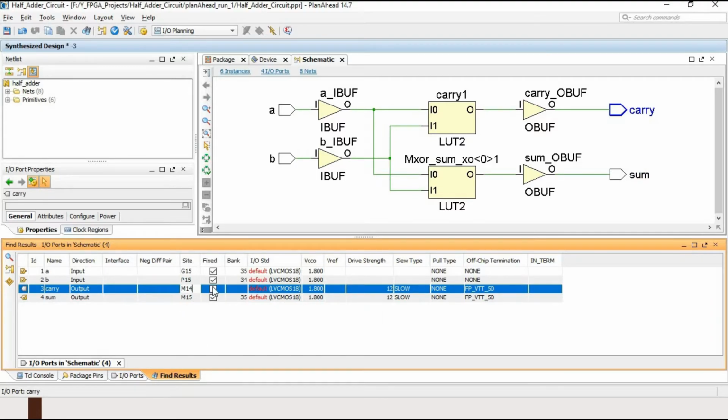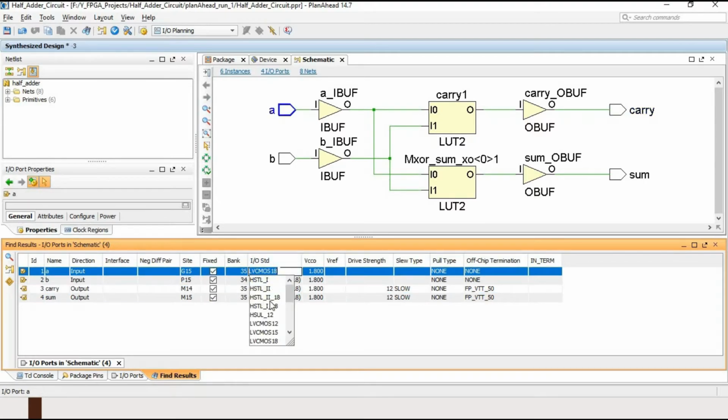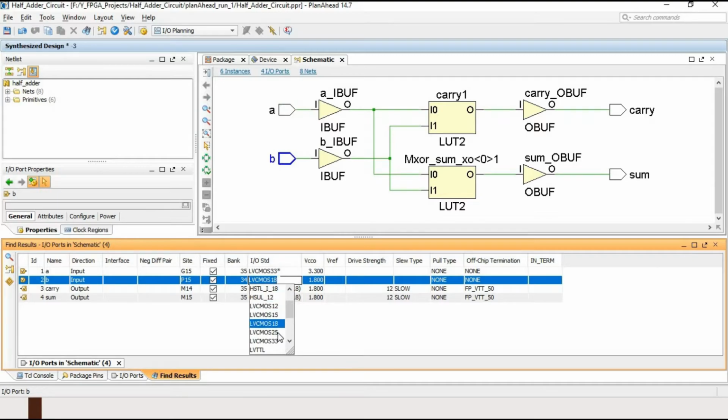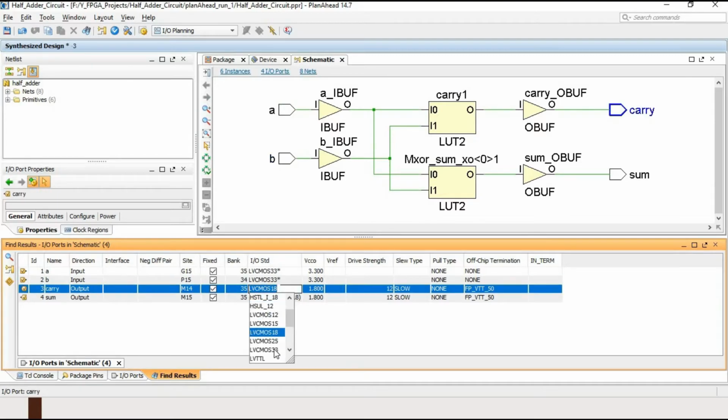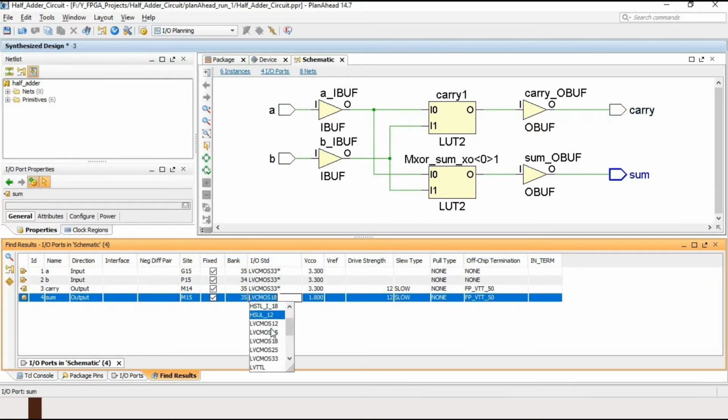Alright, click here next. The voltage level of these pins is 3.3 volts, so we will need to select LVCMOS33. Here you can see 3.3 volt.